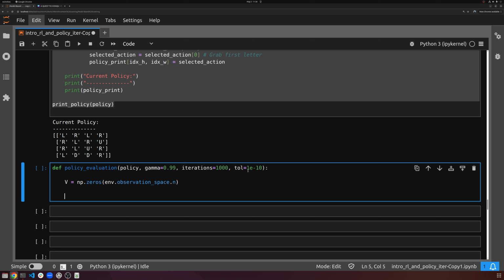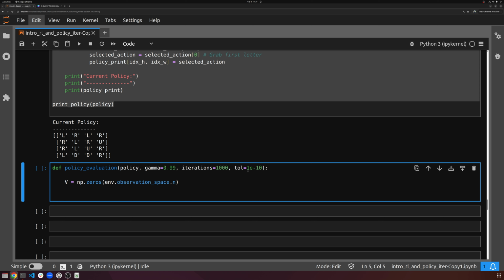Now, one thing to keep in mind is our policy is a deterministic policy. There are also stochastic policies. We're not going to be dealing with any of those right now. A deterministic policy basically says at this state, with 100% probability, you should take this action. A stochastic policy would say, at this state, you should 80% of the time take this action, but 10% of the time take this other action, and so on. I'm not going to worry about extra complications like that. We're doing a deterministic policy today, so at this state, you will 100% of the time